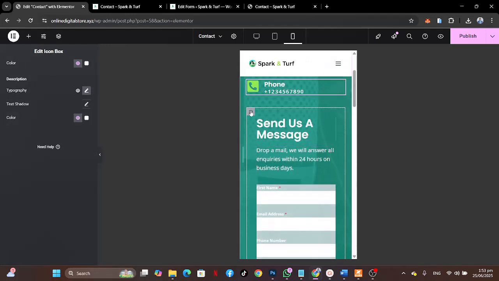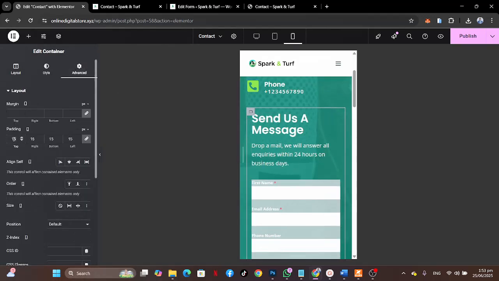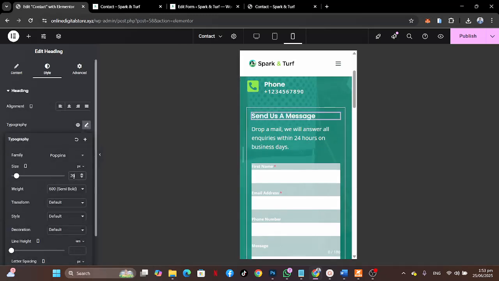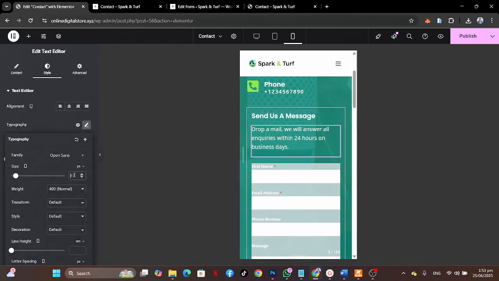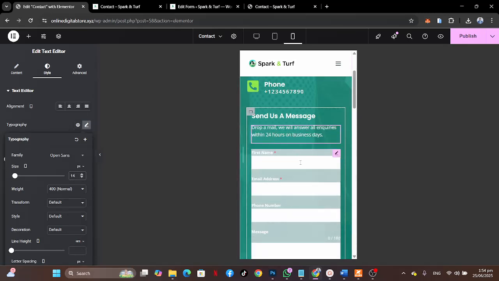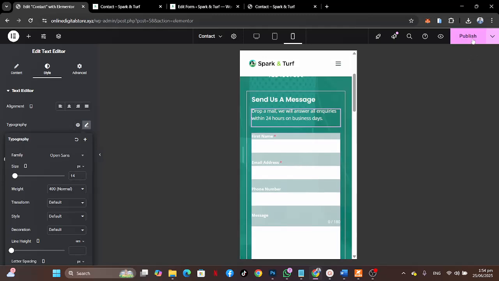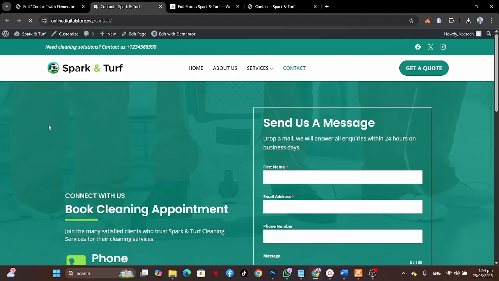Now let's come over here, and with this one, instead of 30 I'm going to make it 15, and then the send as, I'm going to change it to 20, and then over here I'll change this text to 14. Okay, so it will be something like this, which is quite responsive, and then I can publish it. So if I go over here, refresh the website,